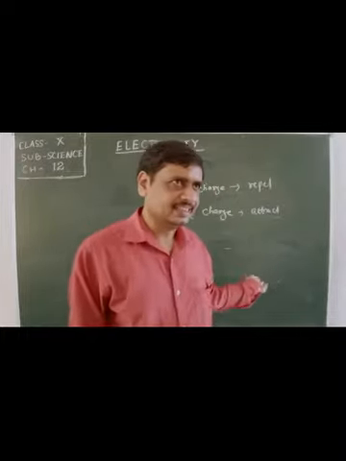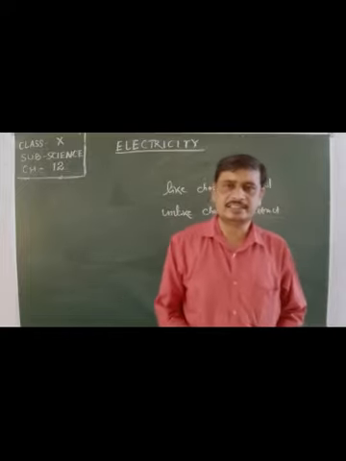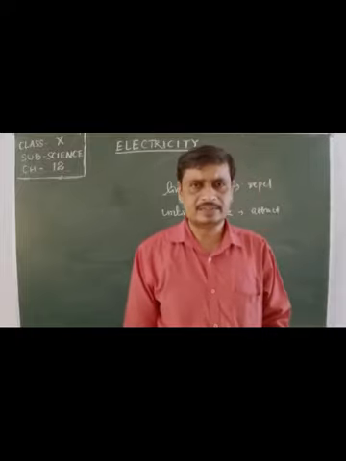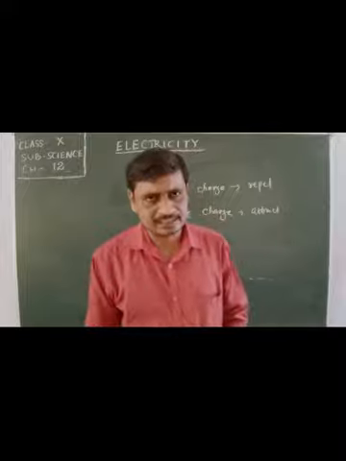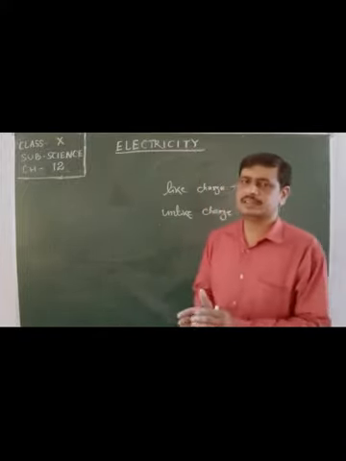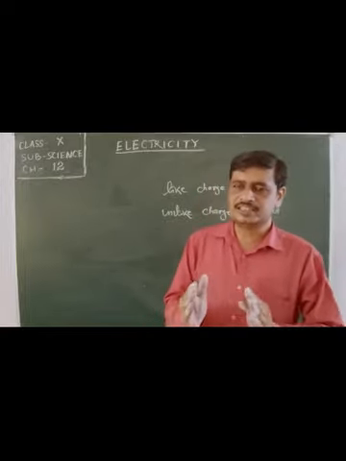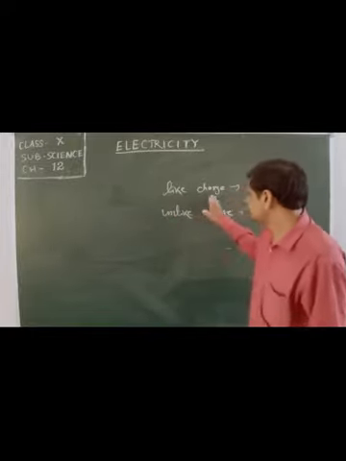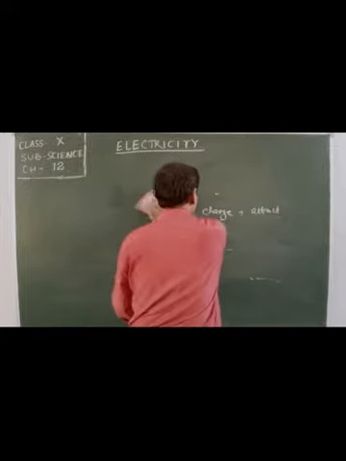In the case of static electricity, when a glass rod is rubbed with silk cloth, the glass rod becomes positive and the silk cloth becomes negative. If we rub two glass rods with silk cloth and bring them towards each other, both glass rods will contain the same charge, that is positive charge. We observe both glass rods will repel each other. That is, like charges repel each other. Next we will discuss conductor and insulator.